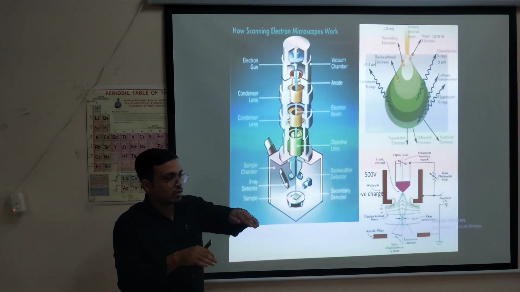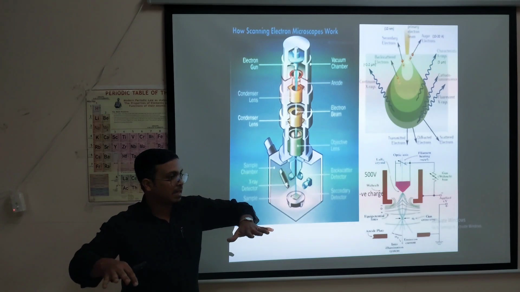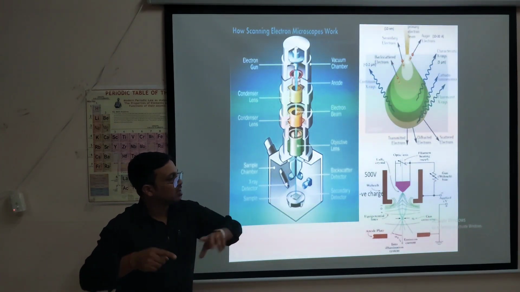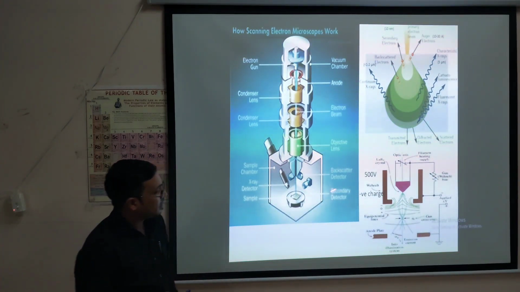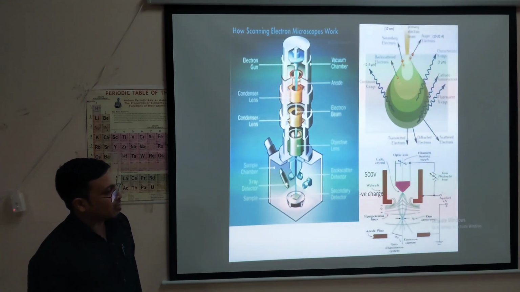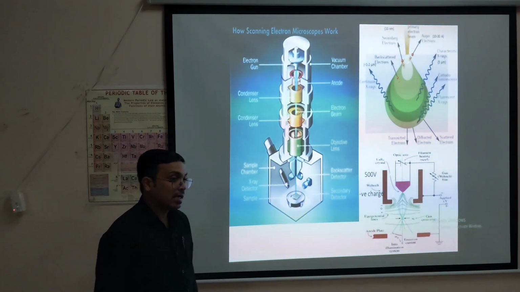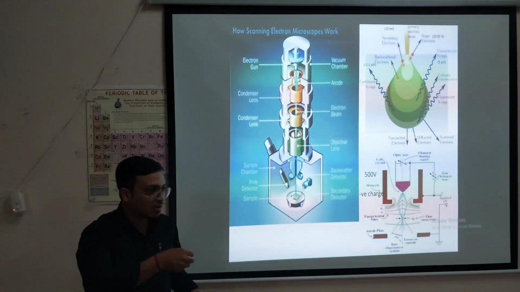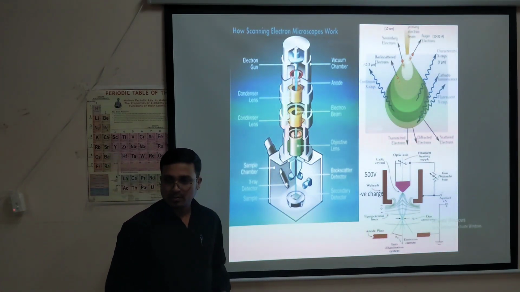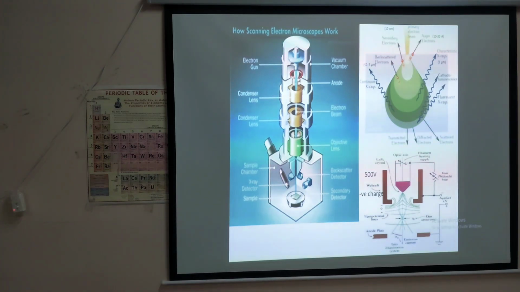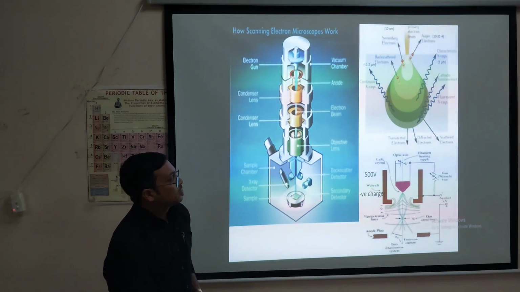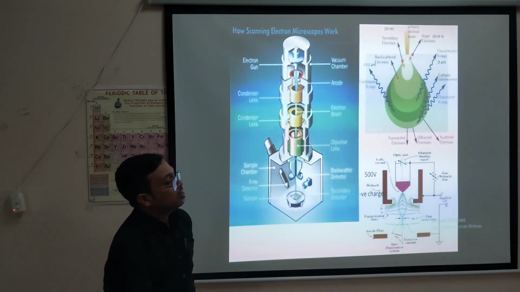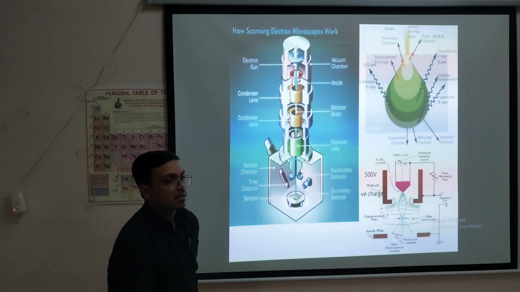Okay. So look, the sample may be arranged in different patterns, so electrons coming from those will have a different type of signal. The secondary detector will capture that, and it is coated with an anodic material so that it is positively charged. Now it will capture the electrons. Do you follow? So that part results in the formation of your SEM image.